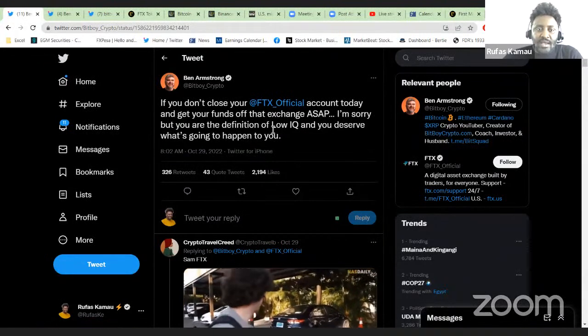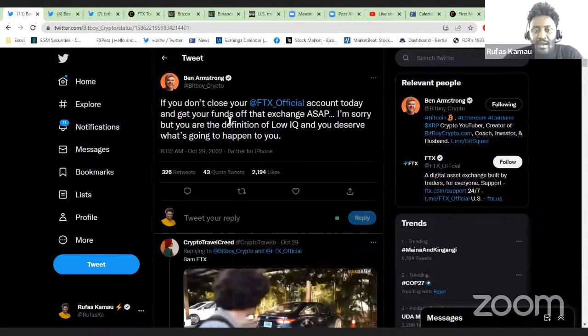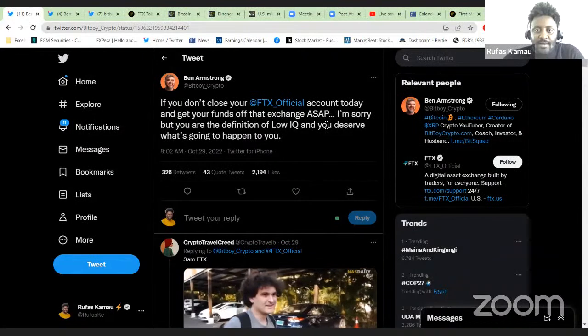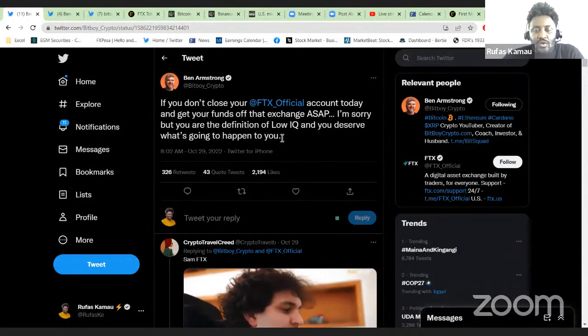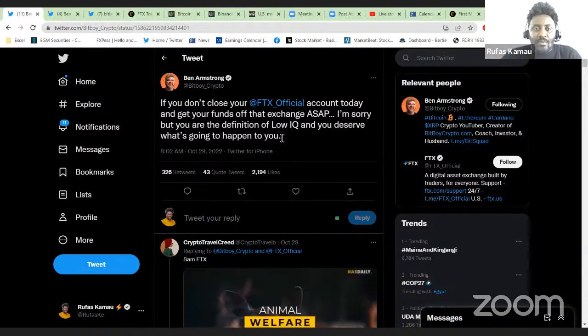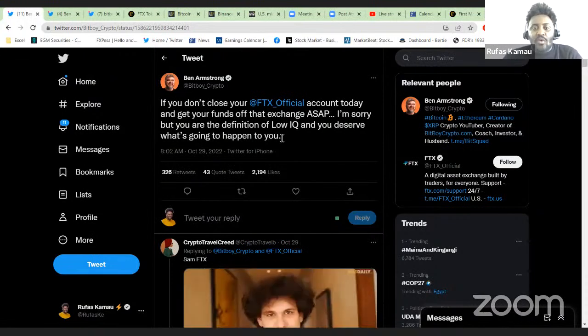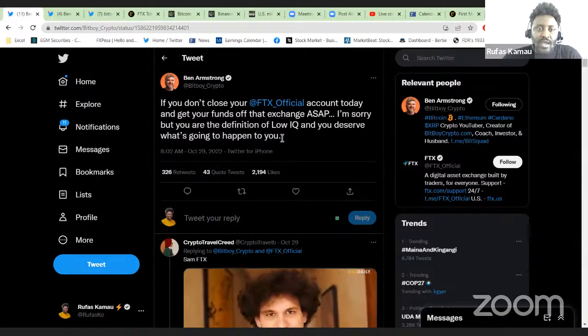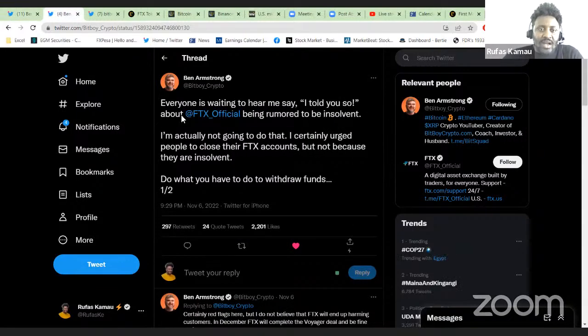And as you can see, he said, if you don't close your FTX official account today and get your funds off the exchange ASAP, I'm sorry, but you are the definition of low IQ and you deserve what's going to happen to you. This is one of the many tweets that he has been making over the last 2 weeks, basically raising red flags that there could be a lot of liquidity challenges with the FTT token, and eventually this came to pass. In another tweet, he said, everyone is waiting to hear me say, I told you so about FTX official, but